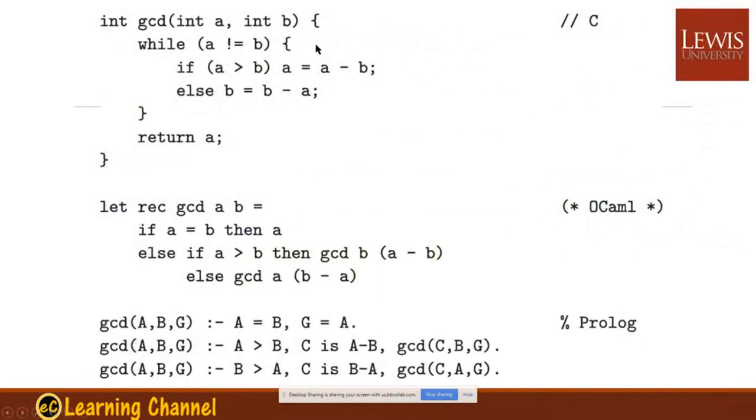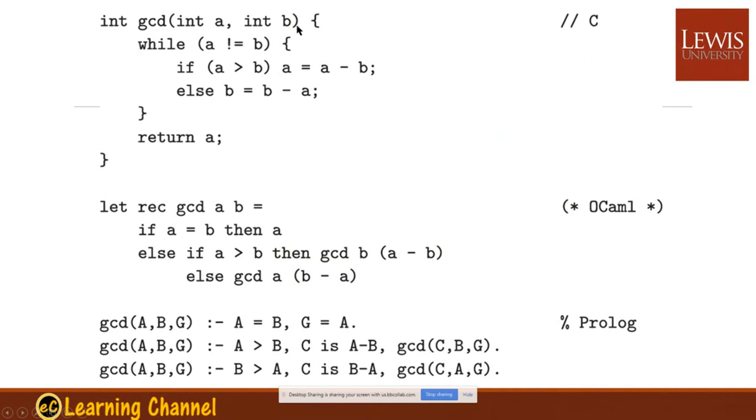So right here we have the same algorithm doing GCD, greatest common denominator, or some people sometimes call it greatest common factor. These two terms in mathematical meaning are different, but when it comes to programming, the method is the same. To find the greatest common factor or greatest common denominator, they share the same algorithm. Here is not the best algorithm we can have, but basically in C, in OCaml, and in Prolog, we do it